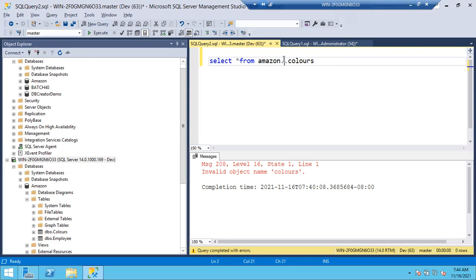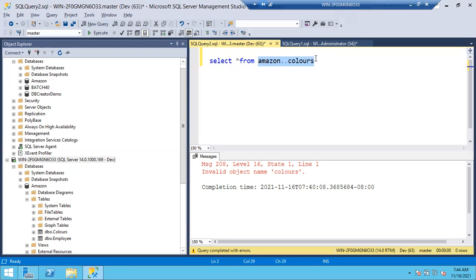Clear, guys? If you see anything like this in the queries or scripts, don't ask where is the database name. Okay, it is already clearly there in the table name itself. Don't ask them, okay, where is the database name? I don't see the database name in the script. Simply you can see this is the complete table name, guys. Okay, database name dot schema name dot table name.